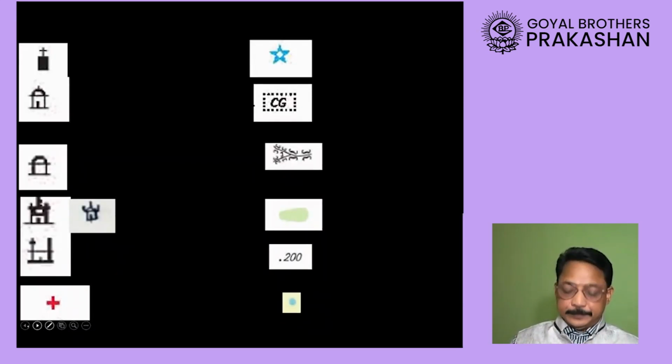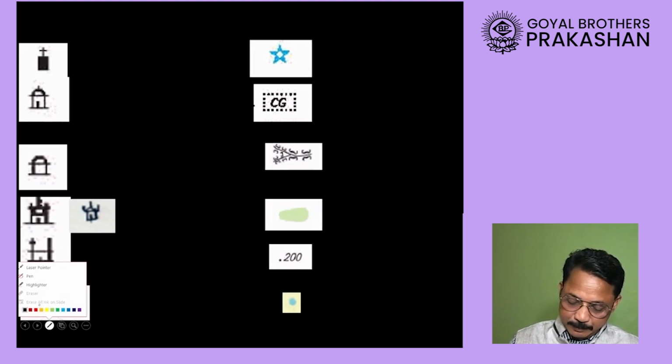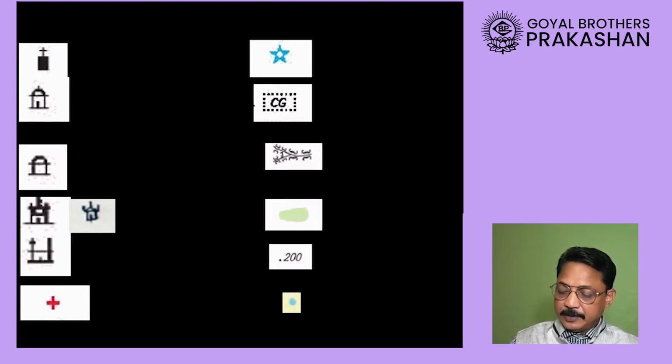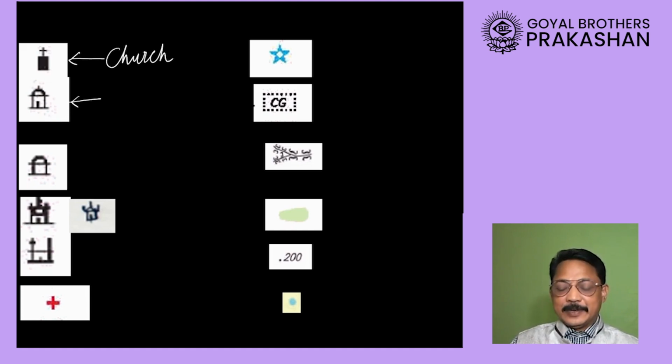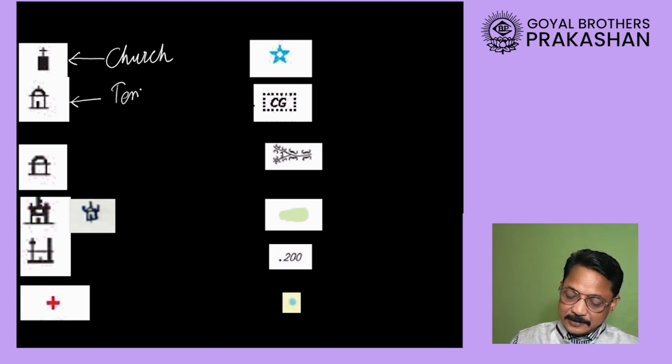Now, sometimes in the board examination, after we study thoroughly, they might ask us to identify these. I hope some of them you will be able to identify. If this is there, what will it be? You are correct. It's a church. What will this be? You are right. It's a temple. This symbol next one is called